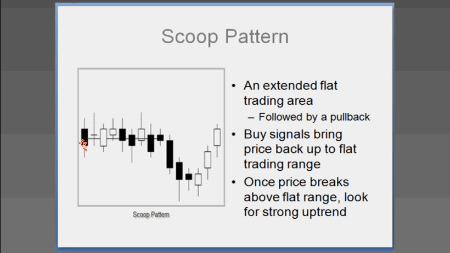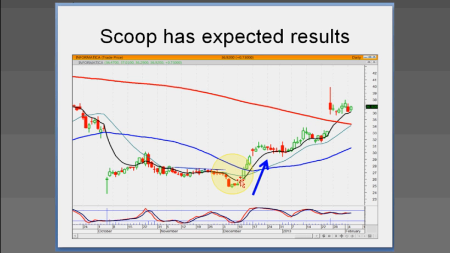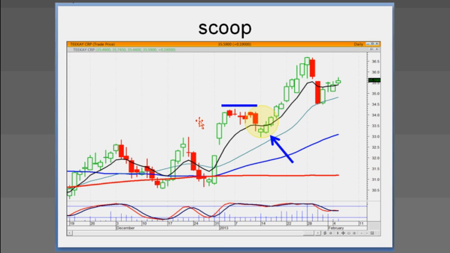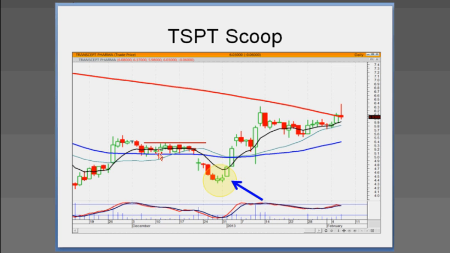We also have the scoop pattern, which is very easy to identify. You see the little buy signals down here after this pullback, but the true factor was there was a flat handle here. So either this was going to act as resistance or this was going to act as a scoop that was going to slingshot you out into a much higher territory. And the scoop pattern doesn't have to have a very long handle, just a flat trading area followed by a scoop pattern. So this makes it very simple.